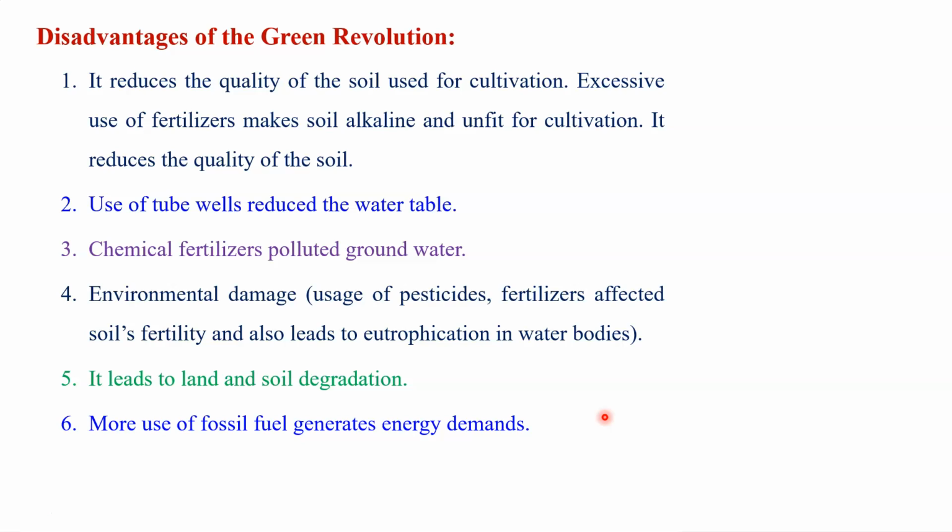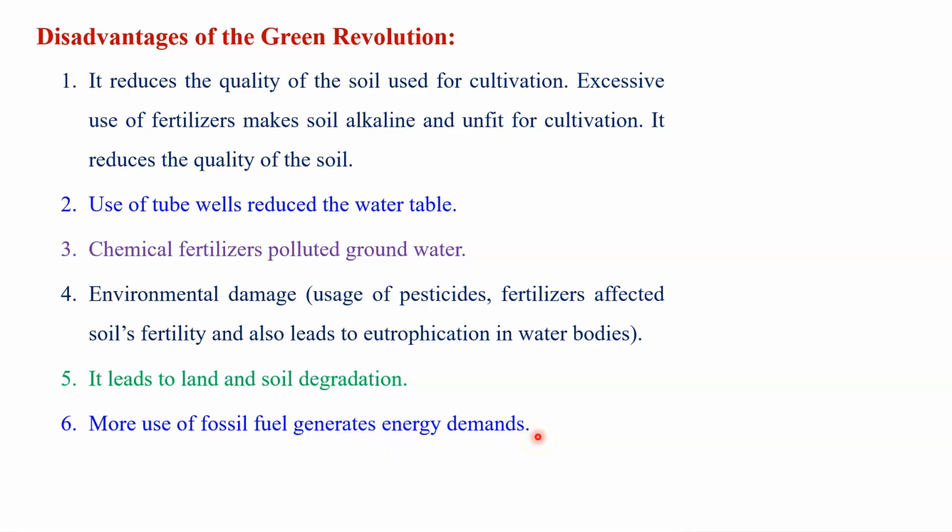And therefore there were numbers of diesel pumps, or electricity was used for this irrigation purpose, and therefore there is an increase in the fuel demand from this sector, and therefore there was pressure on the energy supply. And this is also an important thing, because you know that when the use of fossil fuel like diesel increases, at that time there is pressure on the fulfillment of the demand. Therefore, dear student, this is a really very important disadvantage, that the more use of fossil fuel generates increased demand during this particular period.